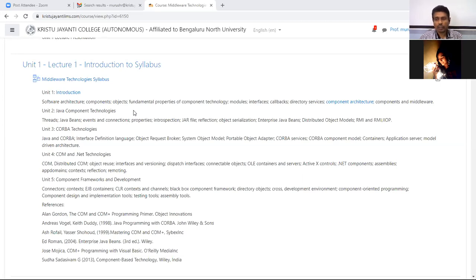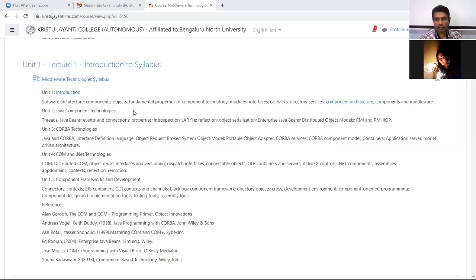And one more thing, in this semester you have J2EE, Java 2 Enterprise Edition. In this Java 2 Enterprise Edition also, you'll be studying Java Beans and Enterprise Java Beans, with practical aspects. For that, an external person will be coming and handling the classes for you, from the industry, and from the industry perspective you'll be able to get that particular Enterprise Java Beans.